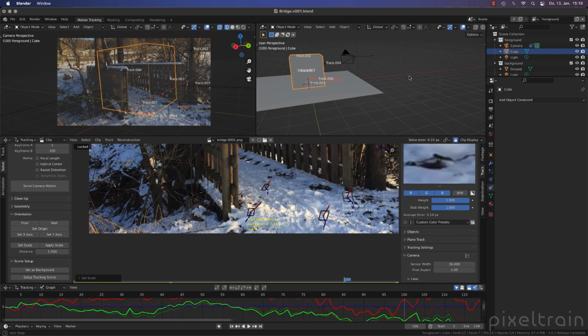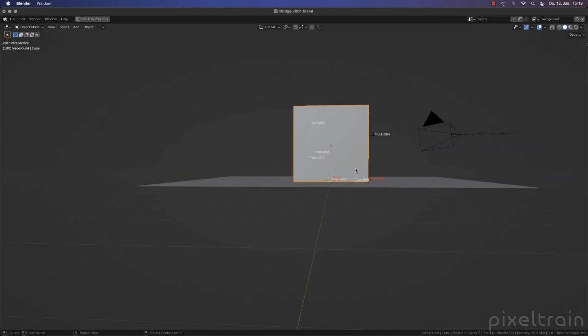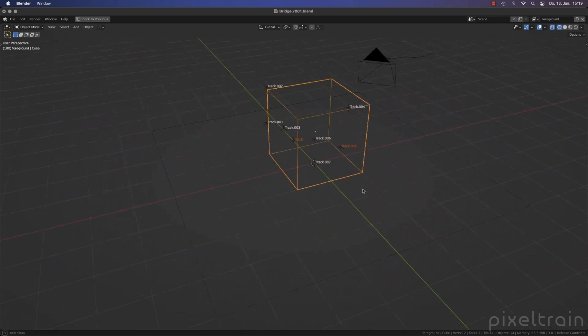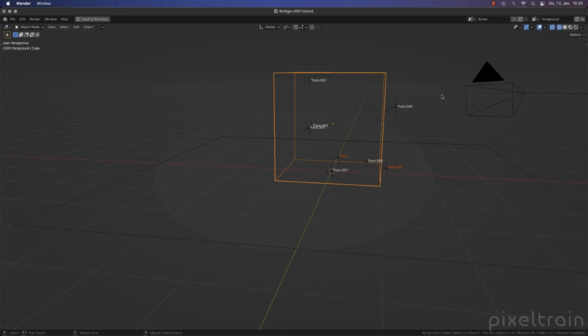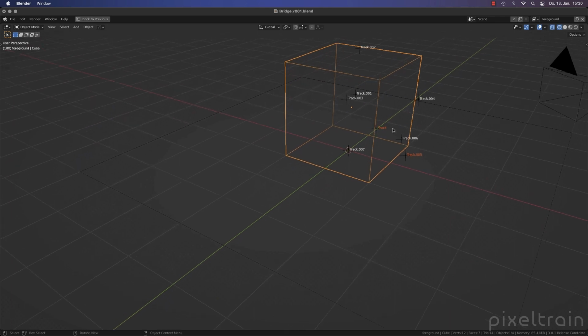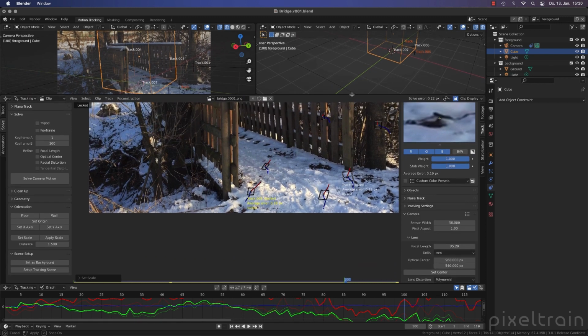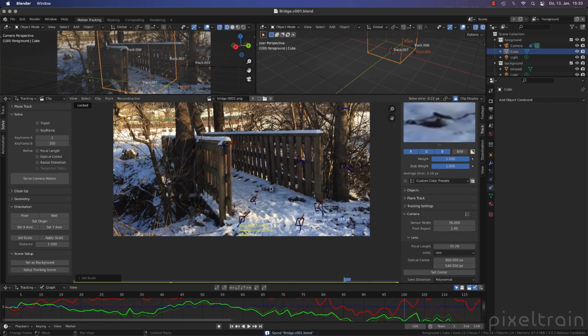Now, let's go into full screen for that and go to Z wireframe. Sometimes you come to a point where you say, these were the trackers which I used for the solve, but you are missing helper trackers. For example, you need a position to better tell the system what the floor is. Like I've said, the snow is not even. Or you want to know where a tree is, or something like that. To do that, we can use the tracking system again, but this time a little bit different. So let's talk about that.